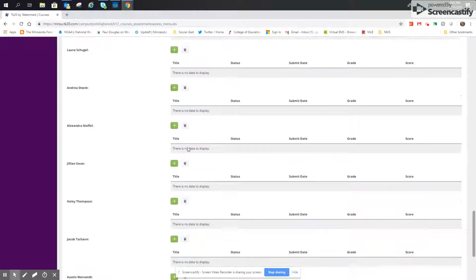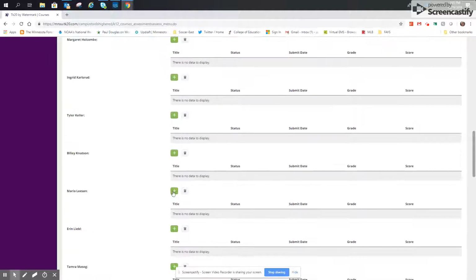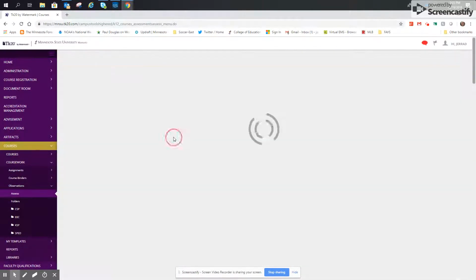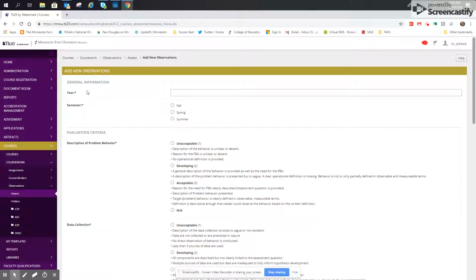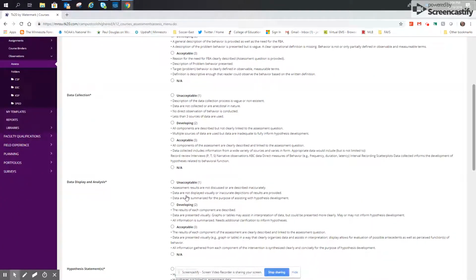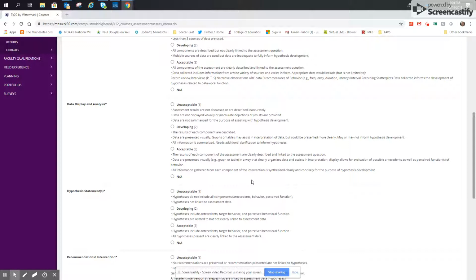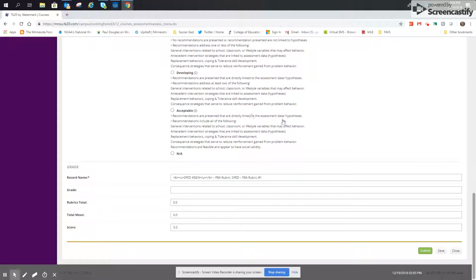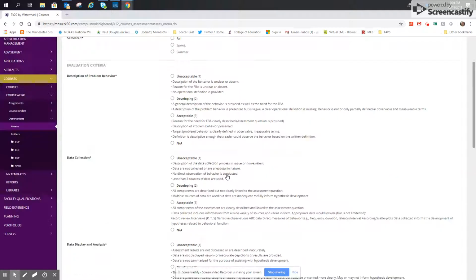So as you can see here, they're all listed with a green checkbox next to it. So for each student, you will go in. And this is the rubric here. Again, this is the special ed rubric for an example. You can go through it. Really simple, just click on the radio buttons there and go through the whole rubric. When you are done with that student, or let's say you get halfway through it or just want to start it, you can always hit save. And when you hit save,